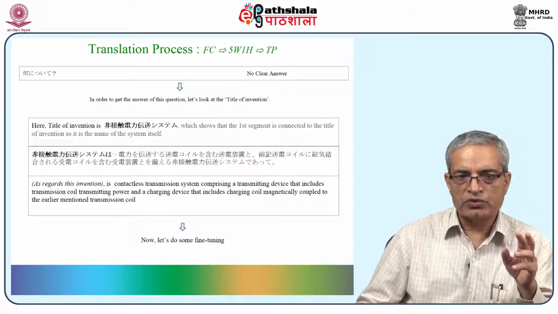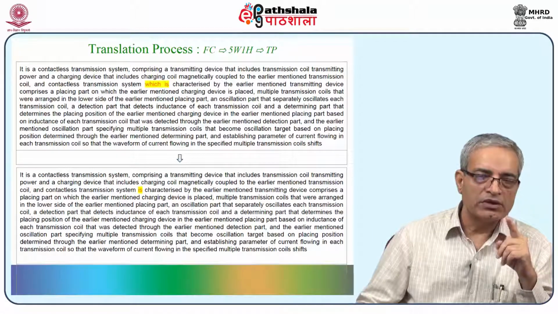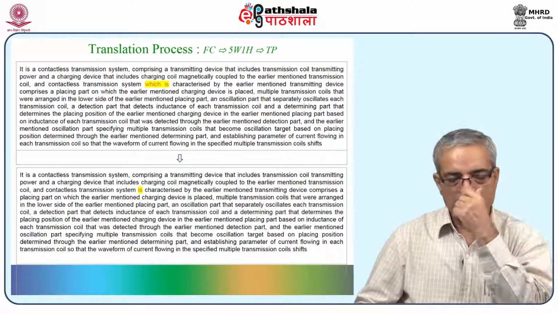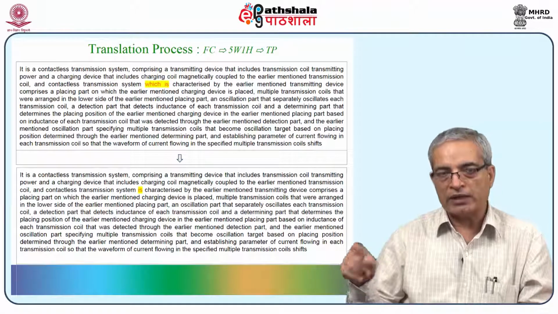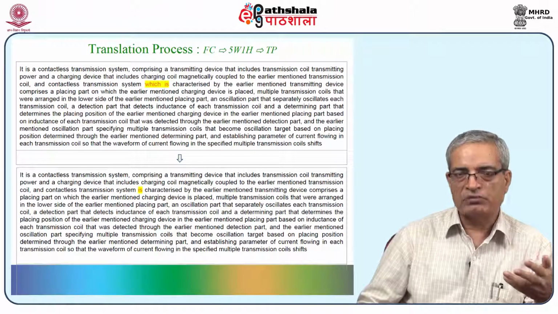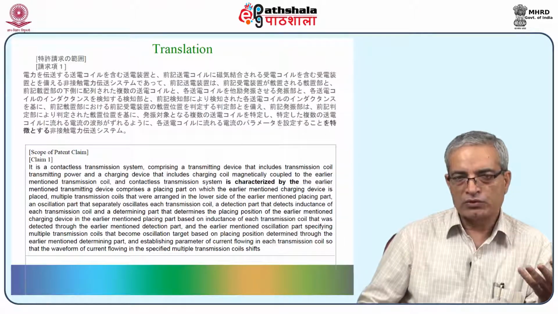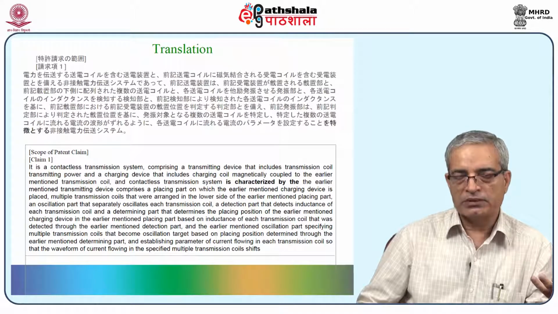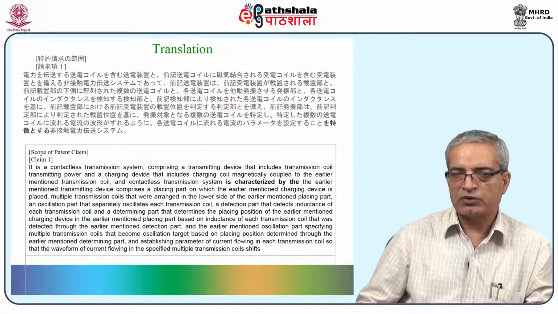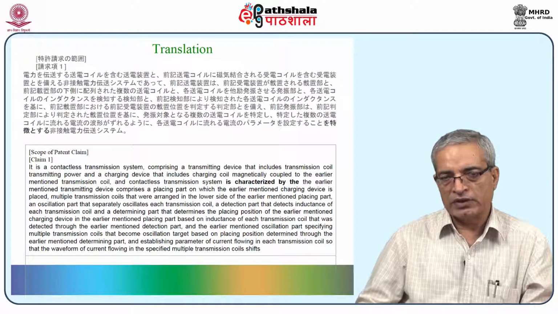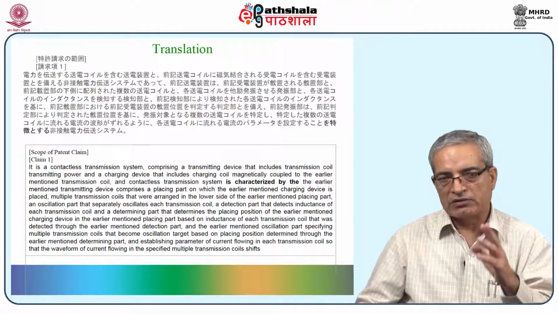Now let's do some fine tuning. If we try to bring in this particular part which was there in the topic, this particular topic content is occurring in the segment also at the end. So we need to put something, and that something comes as "which is", and by doing some fine tuning we found that "which" can be dropped and it becomes "is". So this translation could be the final translation. We are not very sure whether it is 100% correct or not, but we have tried to maintain the accuracy from the original. All components are transferred in a very accurate manner, and this is what the translation comes as: